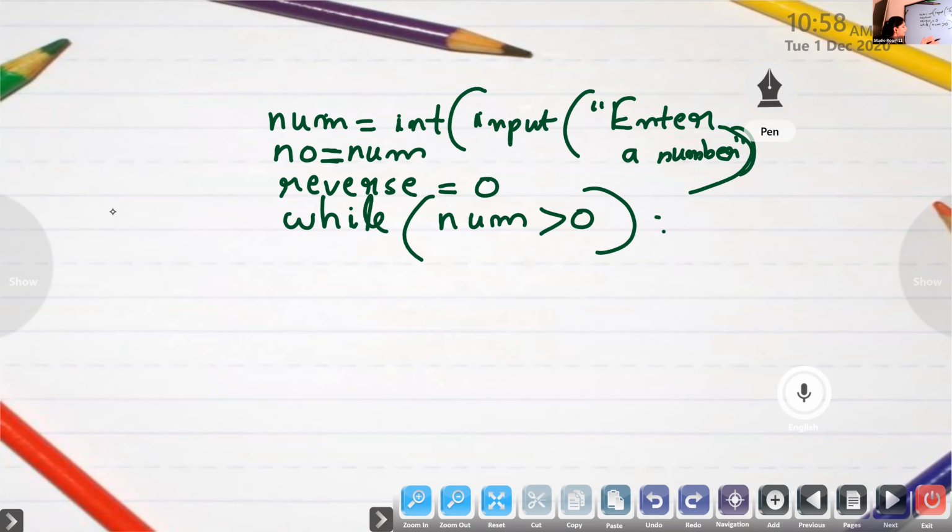Okay. While num greater than 0. What is the first thing you have to do? We need to find the remainder, isn't it? So how to find the remainder? For finding the remainder, we will make one variable r here. R is equal to